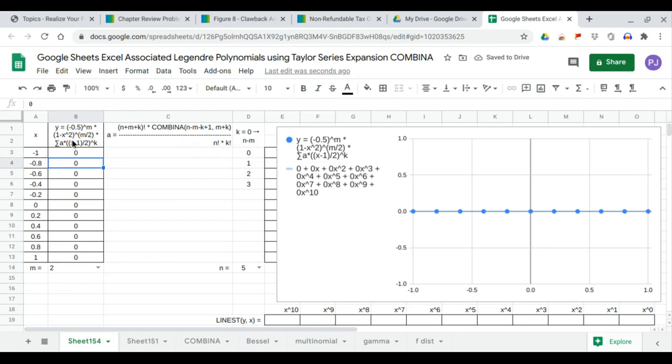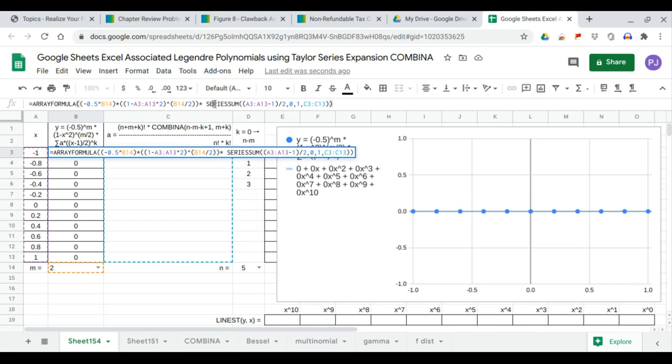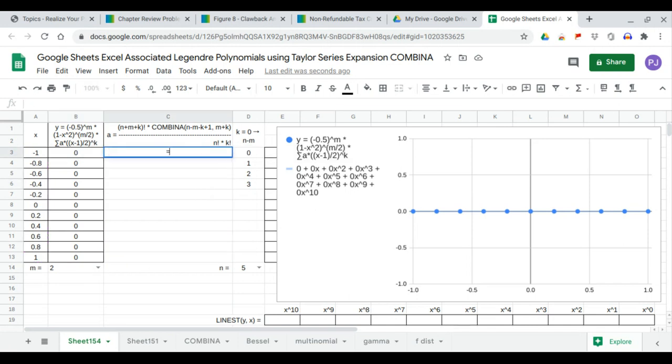Now we have completed the Taylor series expansion formula. That's 0.5 times negative 0.5 to the power m, 1 minus x squared raised to the power m over 2, and the series sum. Next, we continue with the coefficient, which is equal to our formula, that is factorial